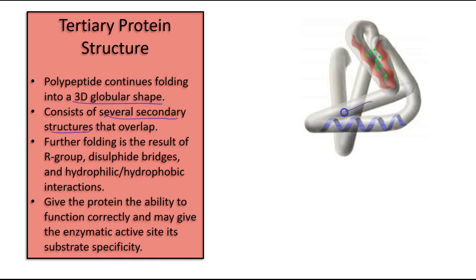Notice that this strand is overlapping these strands, and so we have made a 3-dimensional globular shape. We have started folding based on the disulfide bridges, hydrophilic, hydrophobic interactions, and hydrogen bonding. The hydrophobic regions are going to start orienting themselves in the middle. The hydrophilic regions are going to start orienting themselves on the outside. That way the water that is in solution or water that is in and outside of the cell can interact with this protein the correct way. And the hydrophobic regions rather are going to protect themselves and fold in away from the water